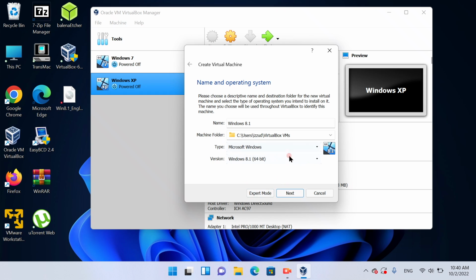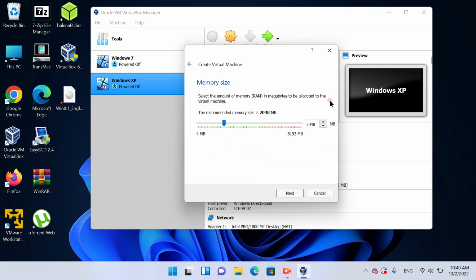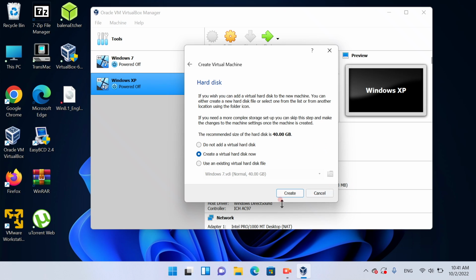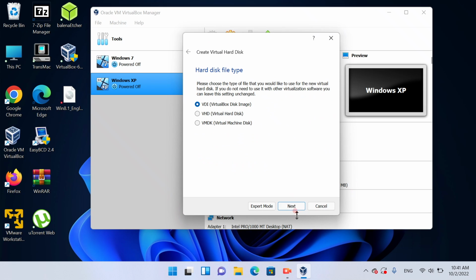as Windows 8.1 64-bit. Now click next, and the recommended memory size is 2048 megabytes, 2 gigabytes. I'll just leave it at 2 gigabytes. If you have a lot of memory, then of course you can give it more memory, but I only have 8 gigabytes of memory in my computer, and I also added 2048 megabytes to this Windows 7, so I'll just give it 2048 megabytes. Now click next and click create. Click next,